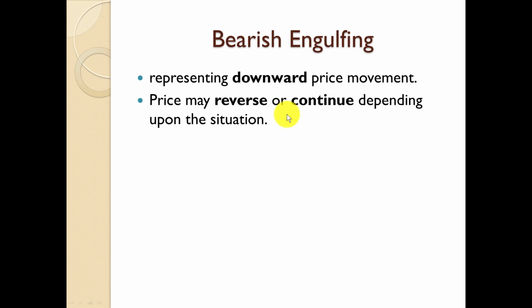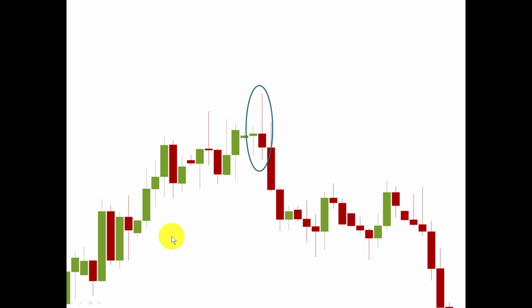Now, it can form during a trend on the dynamic support and resistance lines like the 10 and 20 period moving averages, or it can form at some inflection points like the support and resistance levels on the daily charts. In the examples in the following video, I'll also tell you how to trade them. But first, let us see how to tell whether this is a bearish engulfing candle or not. So what does it look like? It is something like this.